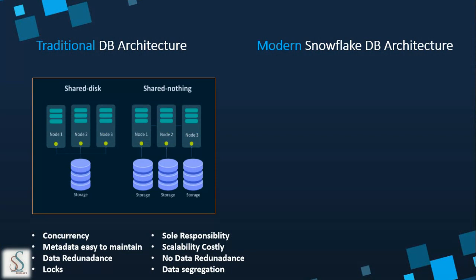Shared nothing is nothing but every node, every server, will have its own storage. That means node 1 is solely responsible for the data in storage 1. Node 2 cannot access storage 1. So node 2 is solely responsible for storage 2. And what you achieve here is that scalability is easy. If you want to add one more node, one more server, you can just add one more database, but it's costly, right? You have to buy one more computing machine and one more storage. It's a costly approach but an easy approach.